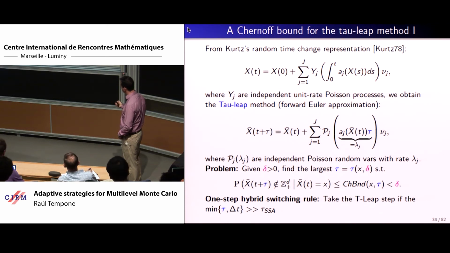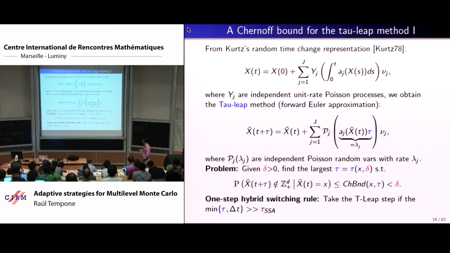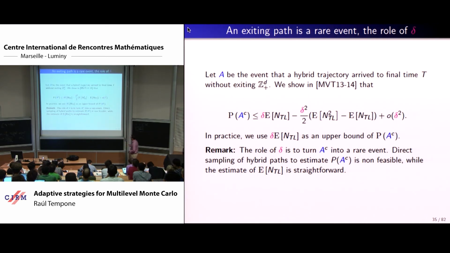and this will prevent you from jumping according to this inequality. What we did was to use a large deviation Chernoff type of bound to come up with a computable formula that one can use to ensure this inequality. And then from this delta t, we can discuss whether it is worth taking the approximate step or the exact one. Yeah. And then one step further is to go into a global probability of going out, because remember, this discussion that I just made was based on one step.